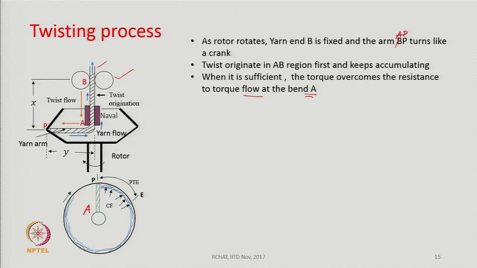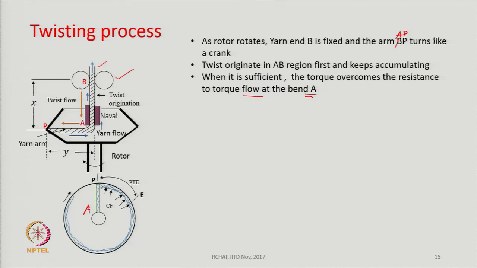And unless there is sufficient twist in the region AB, the torque will not be able to overcome the resistance at the point A where the bend exists. So, when sufficient twist is there, it will now overcome the resistance, and then only the twist will flow